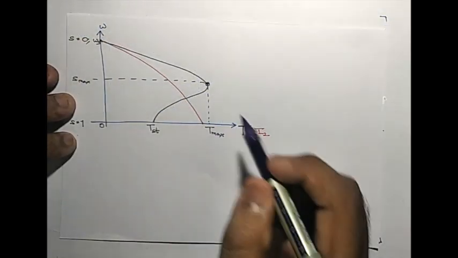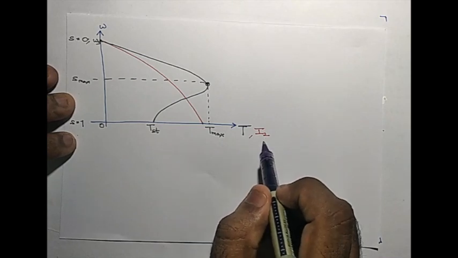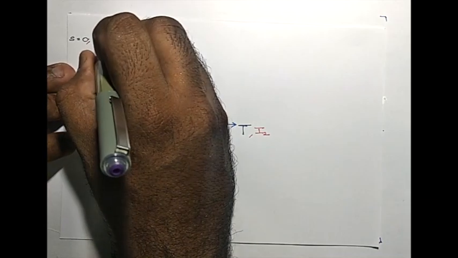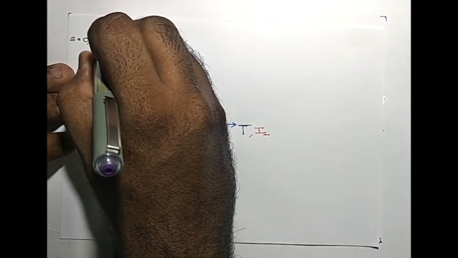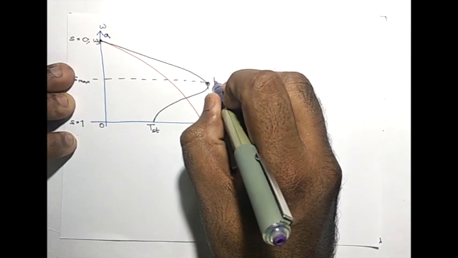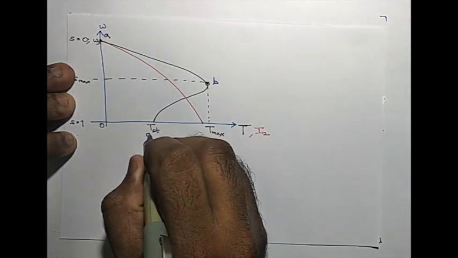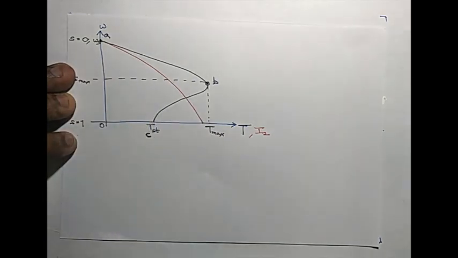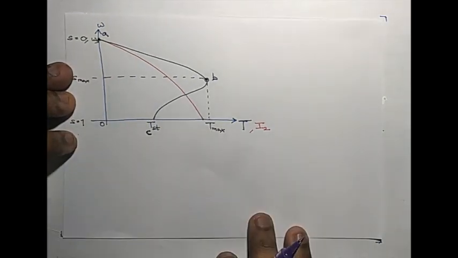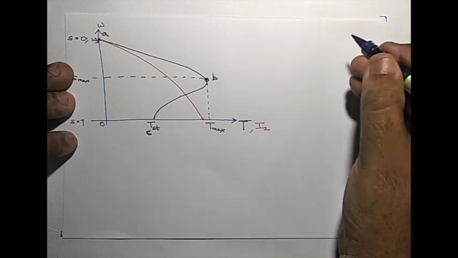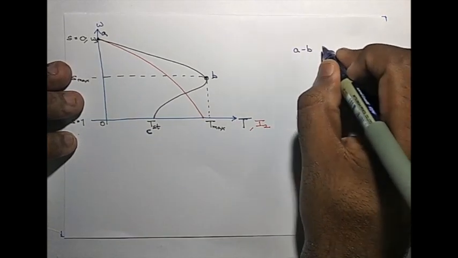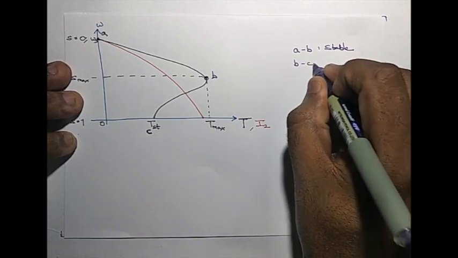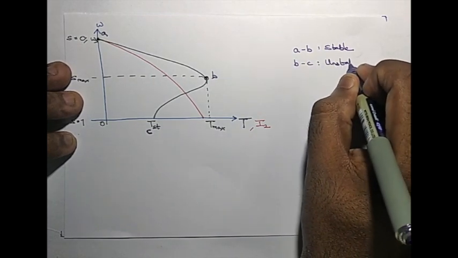Now we have seen the shape of the torque as well as the shape of the current. Now let's label some points. Let this be point A, this point corresponding to omega, this is B, this is C. Let these 3 points be there on the torque T omega curve of the induction machine. I have told you, and you have already learned, that AB is the stable region, BC is the unstable zone.